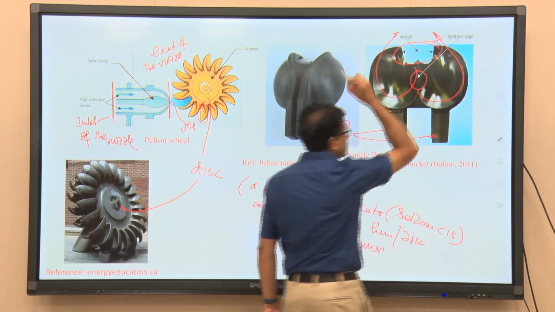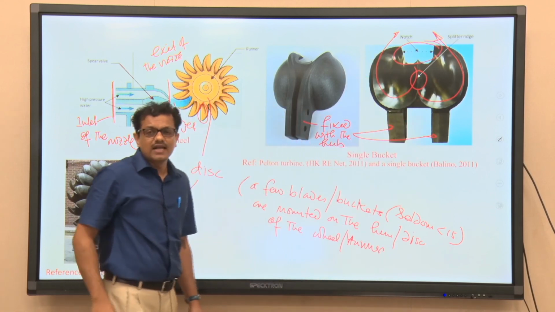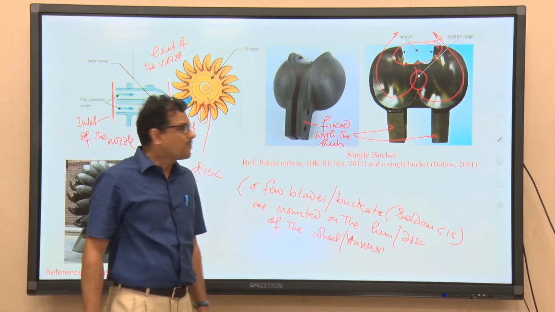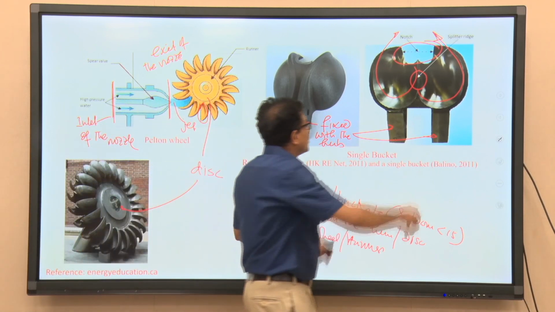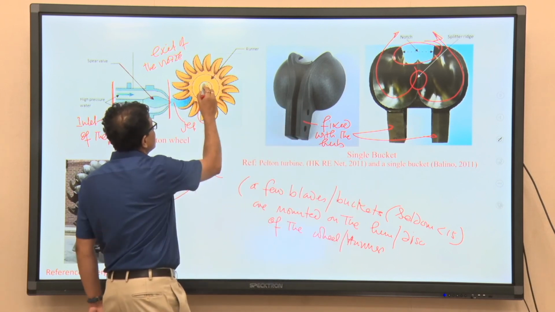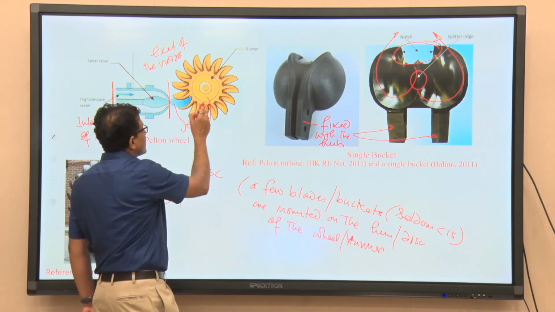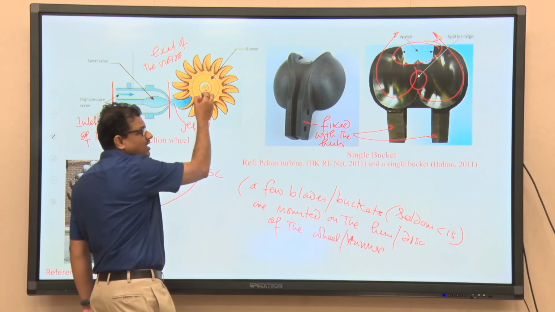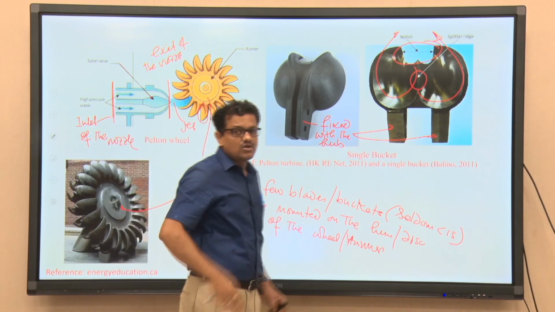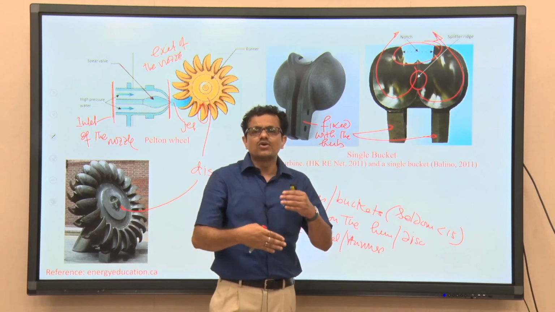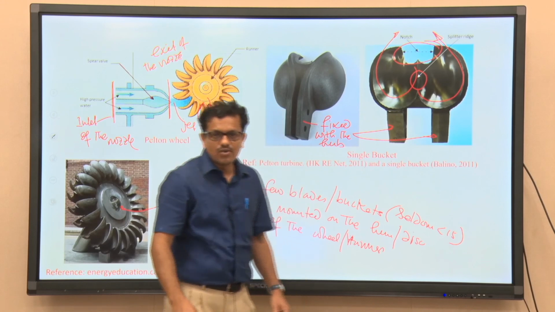Importantly, there is a notch. This notch is provided, and it has two different functions. First of all, it does not allow liquid to go through the center. So, after striking, liquid might go towards the center of the wheel, and the notch will not allow the liquid to go through the center of the wheel, number 1.